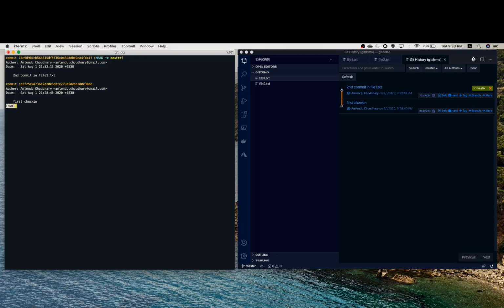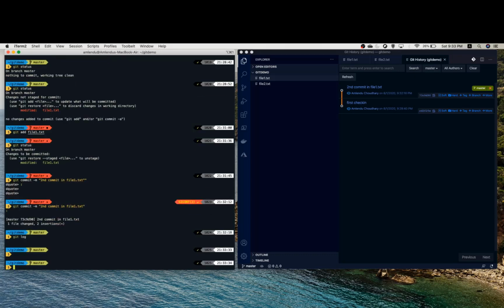So as you can see, there are two commits, and if you remember, in our first commit we added 2 files to the repository, and in our second commit we modified file 1.txt. So this will give us the detail of the history.